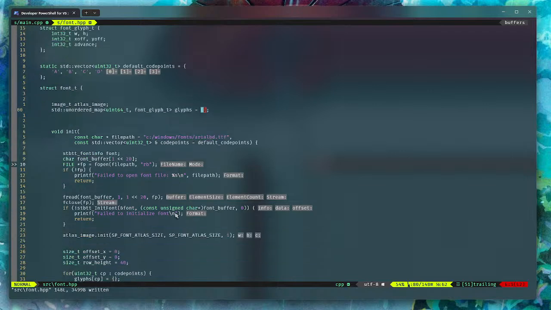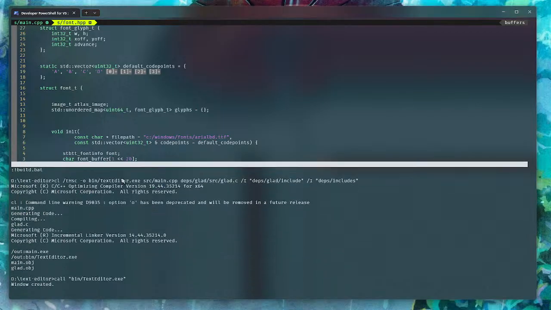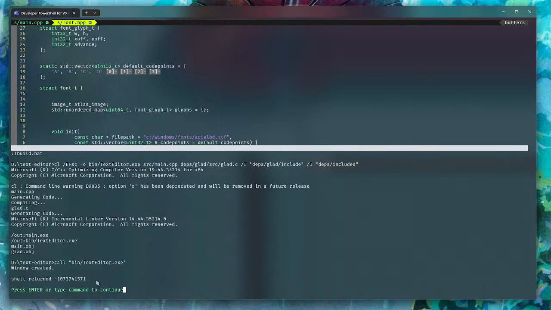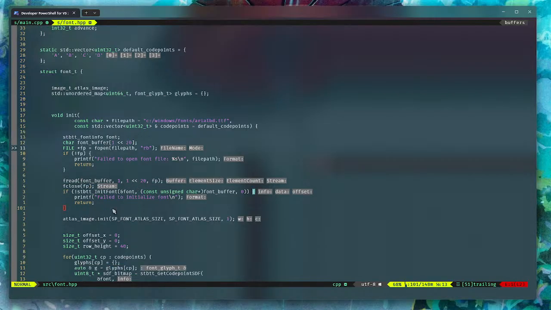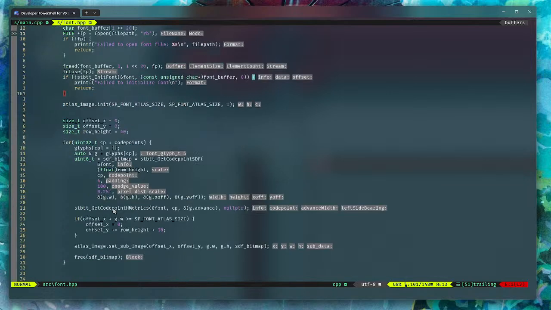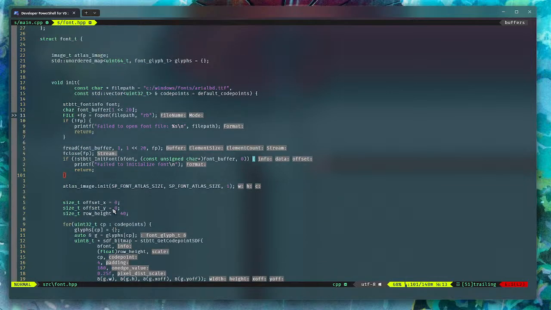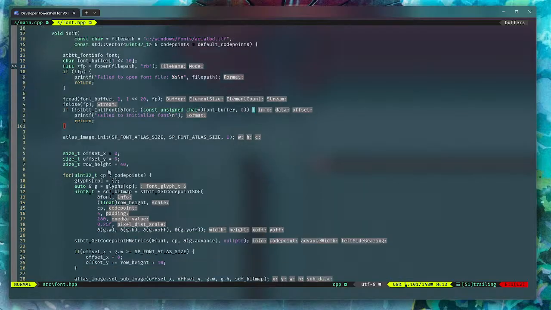So we need to add a few prints to it. First of all, just once to get a clear idea, it prints window created and then the shell returns, obviously. So I did the shell return. Easy because we have this file, we have this buffer. We read the buffer, we close the file, and at the end we delete the buffer. But right now I'm not concerned about it. What I'm concerned about is that